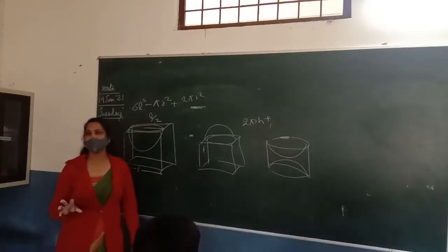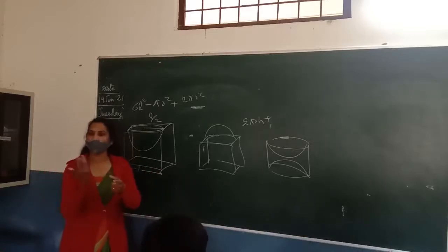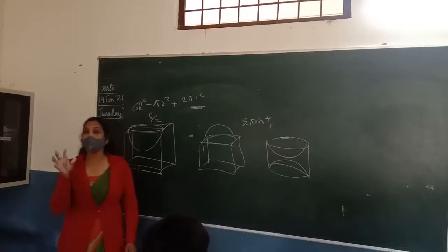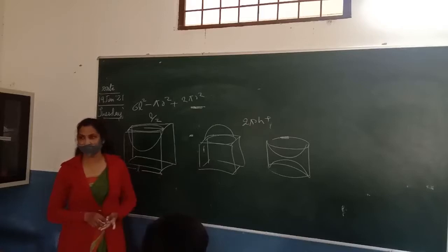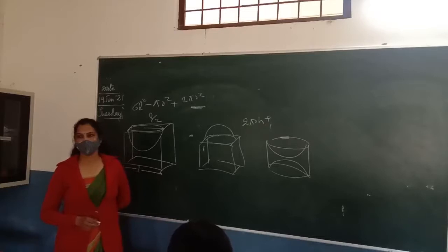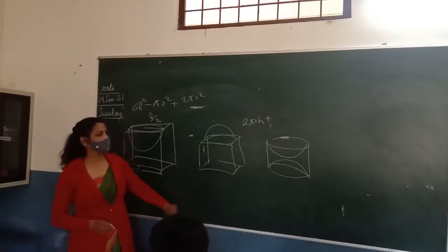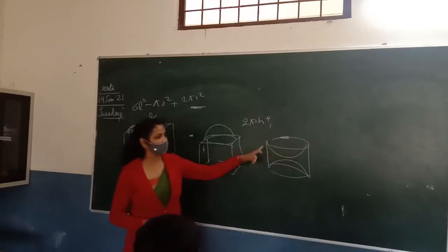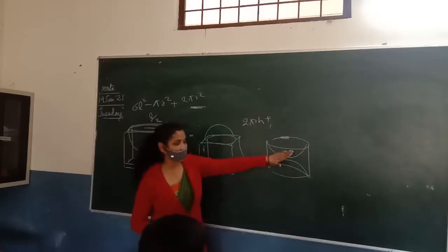Nancy, it should be clear which areas you will have to paint here. There is a cylinder, and you made a hemispherical depression on top and on the bottom. Whichever areas you have to paint, add those and you will get the total surface area. Plus 2 pi r square is the area of this hemisphere, so 2 into 2 pi r square. We will add the curved surface area of both the hemispheres.